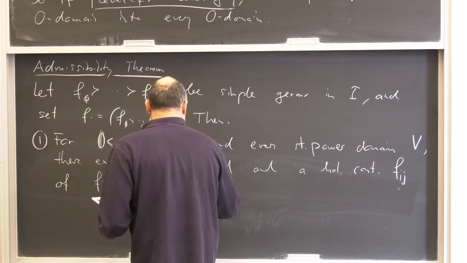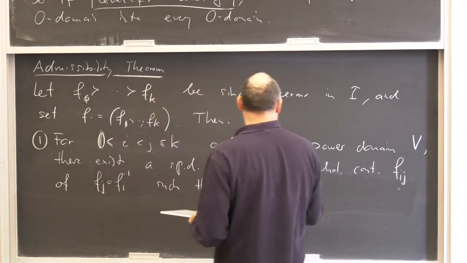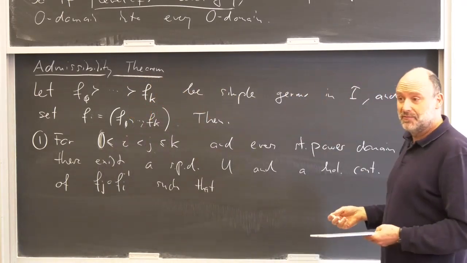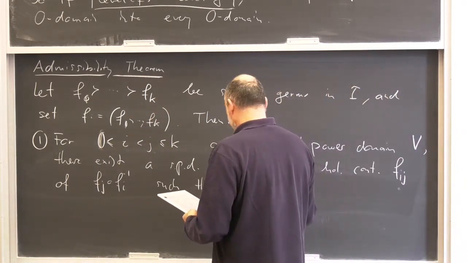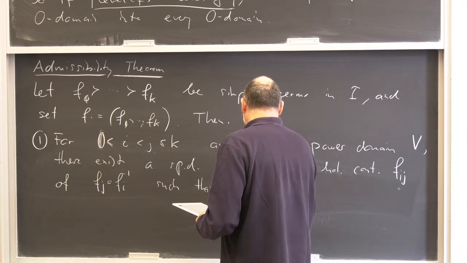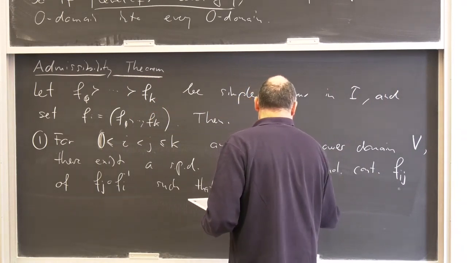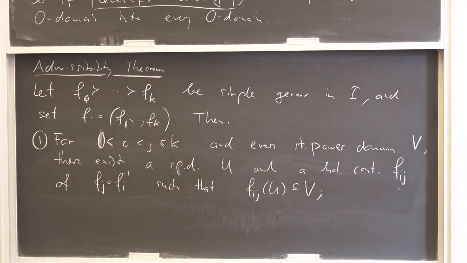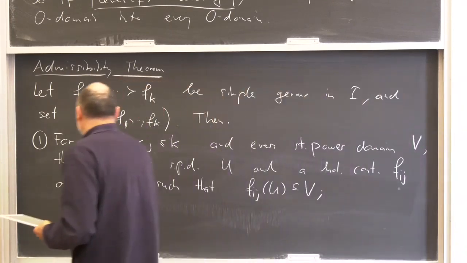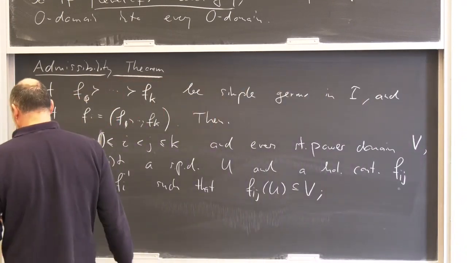Such that, now I'm just looking at what happens at standard power domains, and I don't need more for that construction. Such that F_ij maps U into V. That's what I need so that I can plug them in on the right thing. And two,